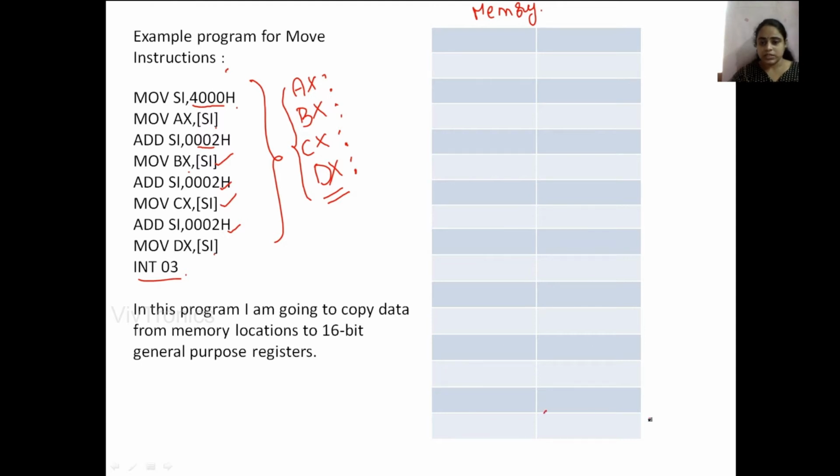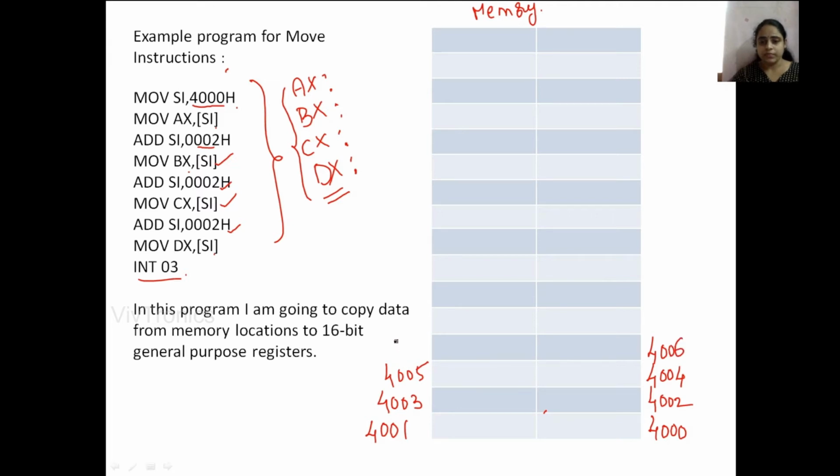So let us consider this as the 4000 memory location, and we know the very next memory location is 4001. Next one is 4002, and this is 4003. This is 4004. This is 4005,